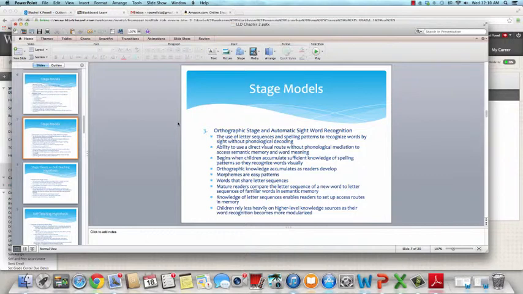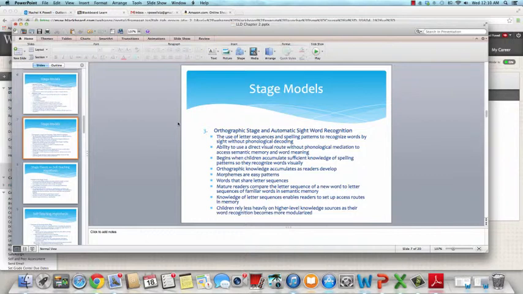TION, that's a morpheme. Those are all good examples of patterns of the sight word recognition that mature readers begin to compile. So knowledge of letter sequences enables readers to set up access routes in memory to automatically retrieve it, rather than go through all the different levels of memory to sound it out sound by sound. So children rely less heavily on higher level knowledge sources as their word recognition becomes more